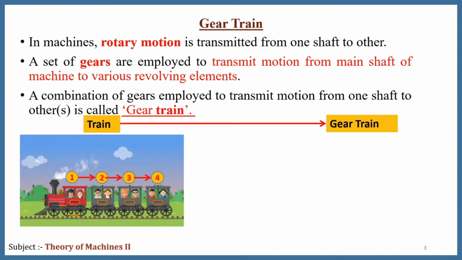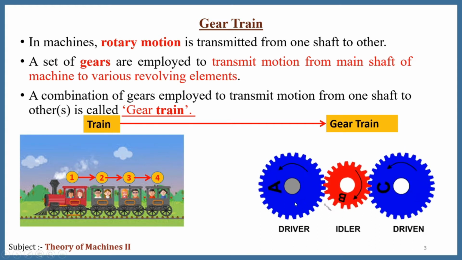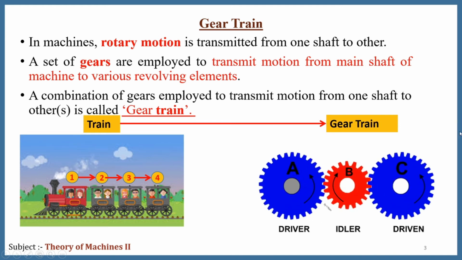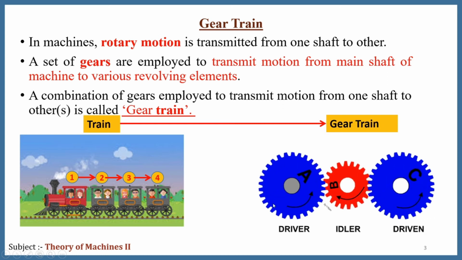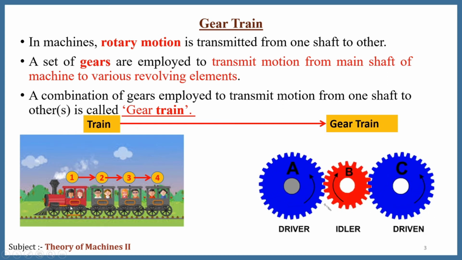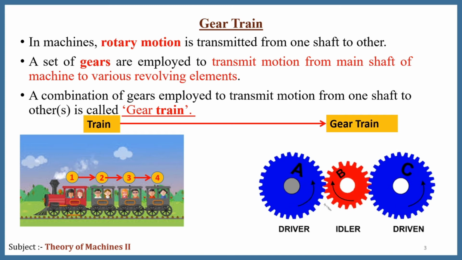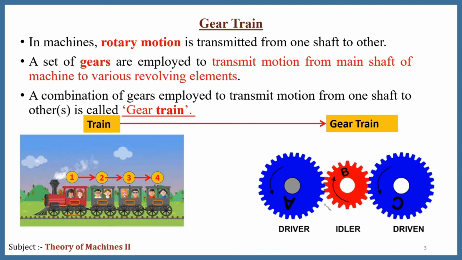If we consider the same analogy in gear trains, you will find in this gear train that gear A gives the motion to gear B and gear B gives the motion to gear C. Again, there is one gear D, where C gives the motion to gear D. In this way, input is given to A, just as in the train the input is given to the engine. In this case, the prime mover, which may be an IC engine or a motor, gives the motion to gear A, which gives the motion to gear B, and subsequently B gives the motion to gear C.